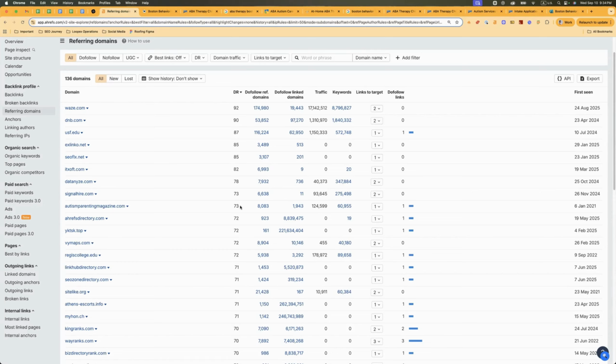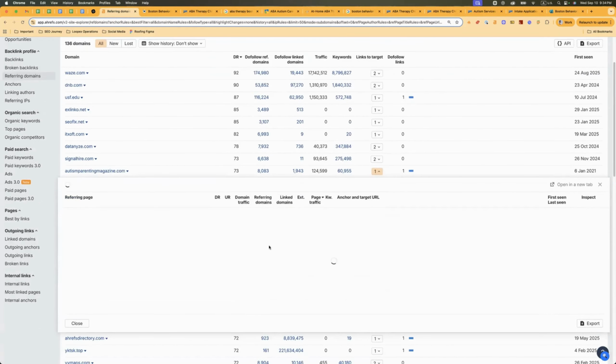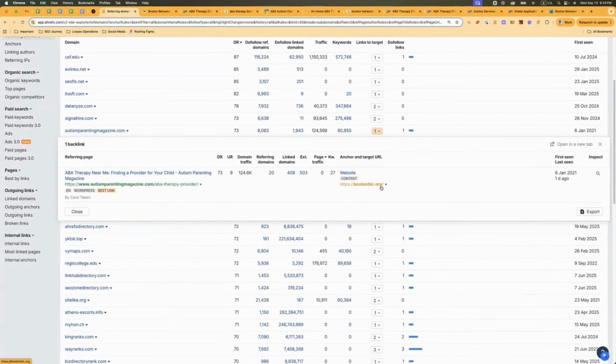The higher the rating of this website, the more Google trusts them, right? So if Autism Parenting Magazine.com, which has a 73 out of 100 domain rating, gives a backlink to the Boston BLC,